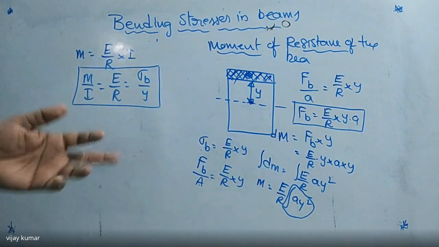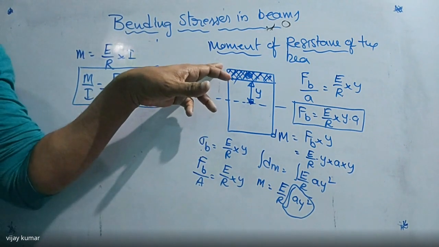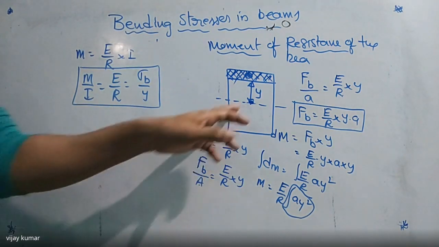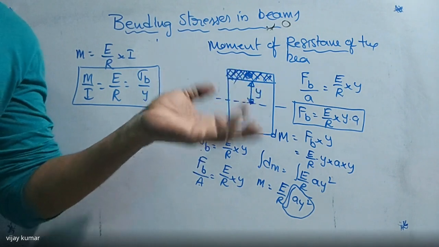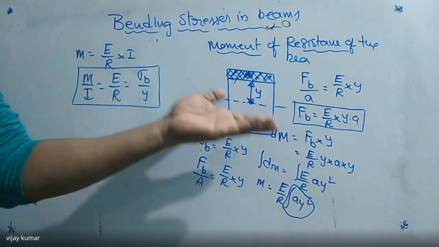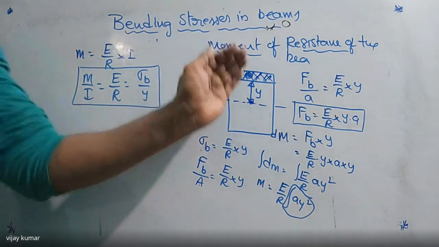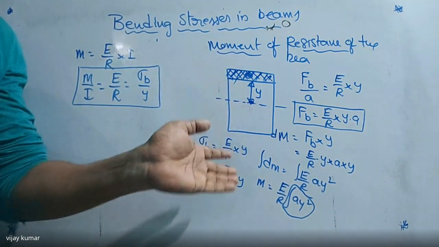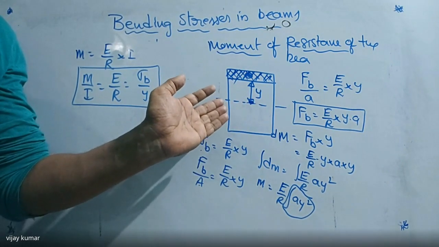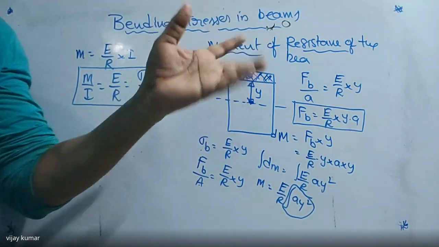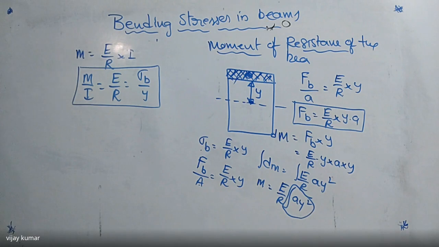So at the top, I am saying bending is maximum, which means shear is zero. At the neutral axis, bending is zero but shear is maximum. I'll prove it in the next chapter. The same principle can be applied in fluid mechanics also. That is, where the pressure is maximum, the shear is zero, and where the shear is maximum, the pressure is zero. So we can apply the same relations in fluid mechanics also.